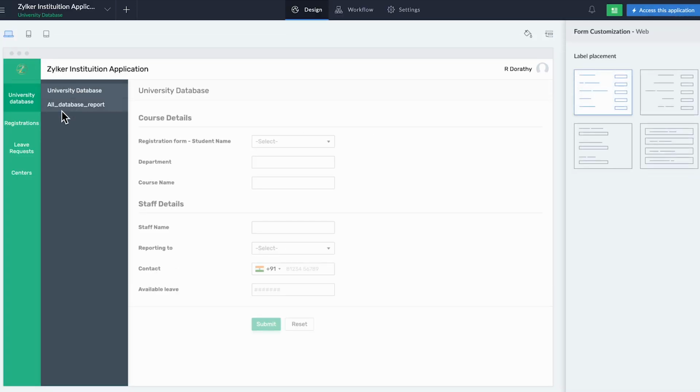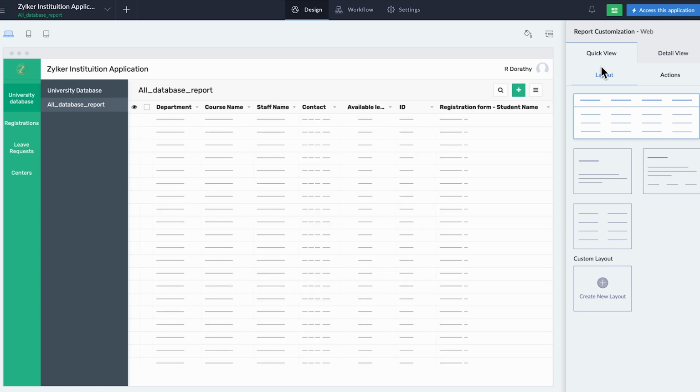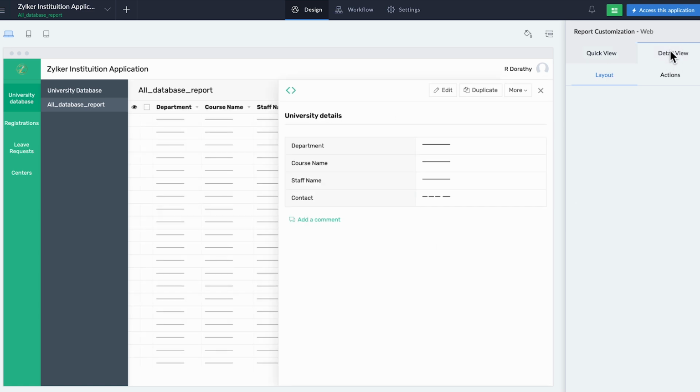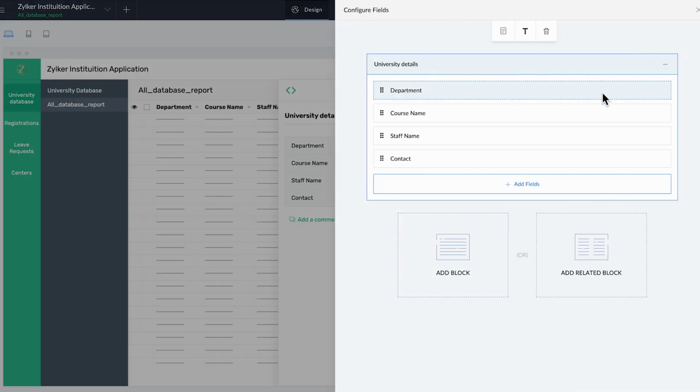So in the edit mode of your application, choose your report where you want to create your combined report. Move on to the detailed view. And using the second option or using the second template, you can create your combined reports, right? So here you have two different options, which is add block and add related block. Add related block is the option that is going to help you to create your combined reports based on the relationship that you have within your application, right? So then what is add block? Add block is used to bring in